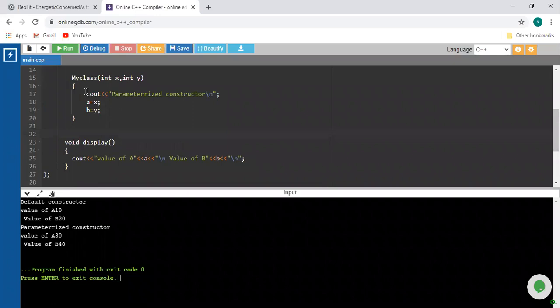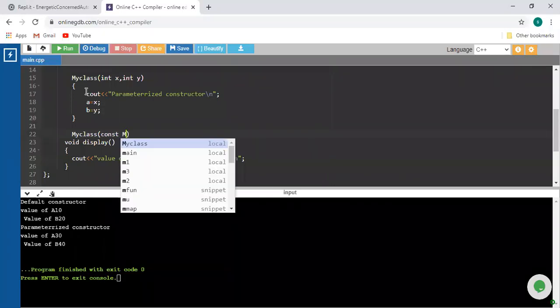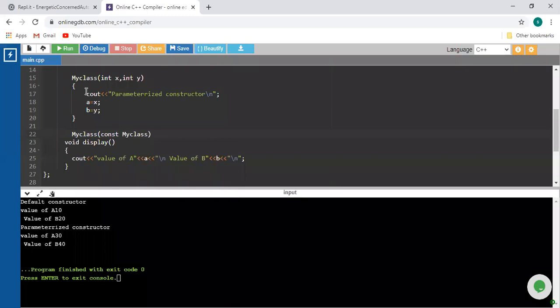What is the syntax? Same: inside that, the const keyword, if required, otherwise leave that keyword. Then the class name. What is the class name? MyClass. We are accepting the object, MyClass, and the ampersand, the reference of that particular object.